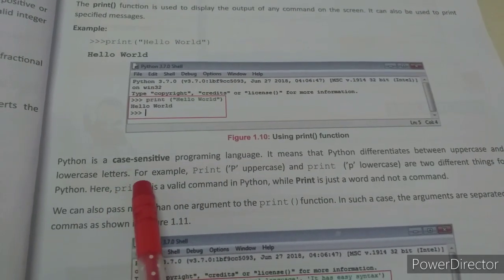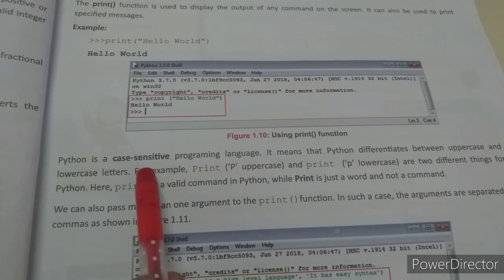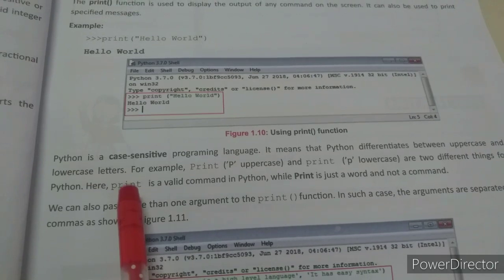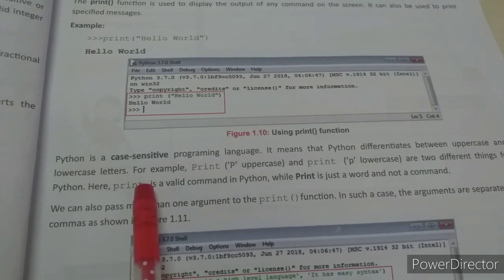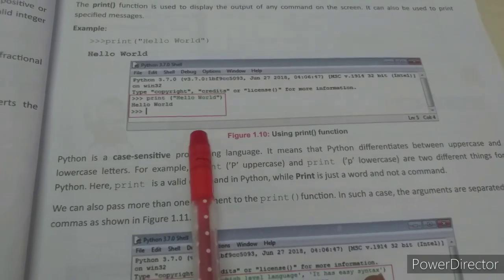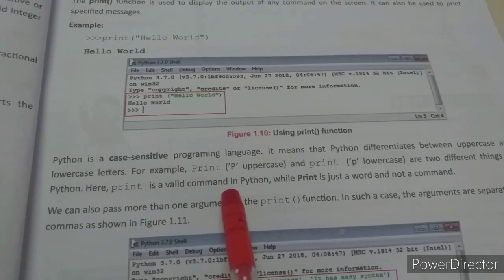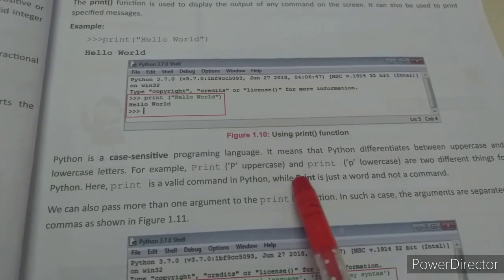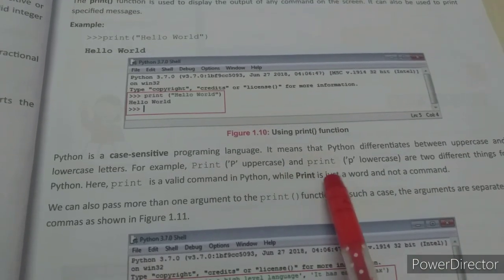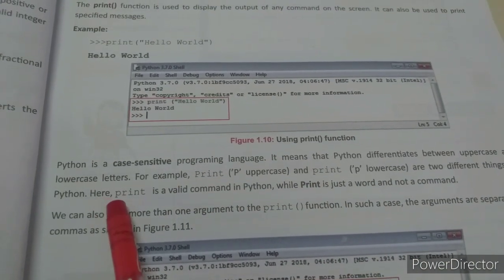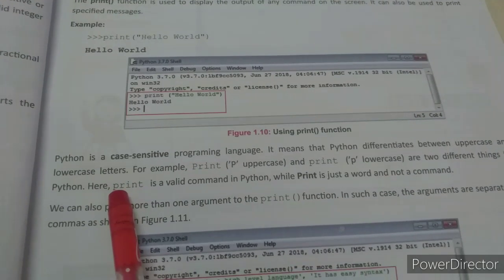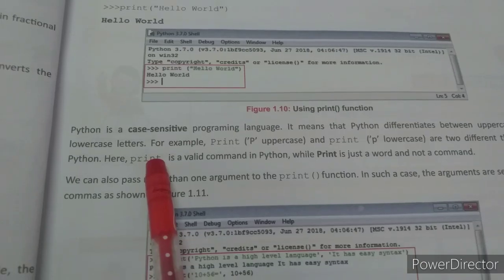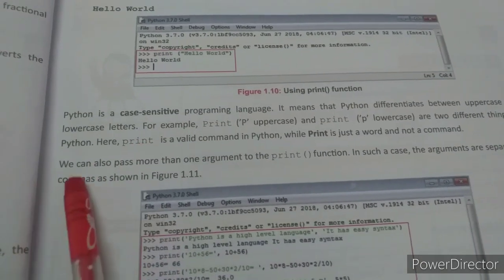Here this is a keyword, so we should not use this anywhere as a name, except when we want to use it as the keyword. It is a valid command, while Print is just a word and not a command. This uppercase letter we can use, but if the starting p is a lowercase letter, we cannot use that one. We have to use it when we have to print the output.